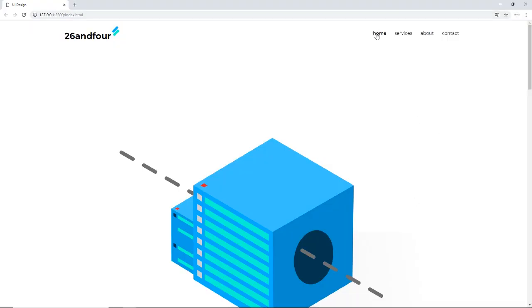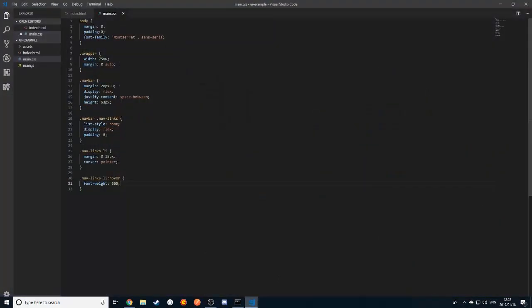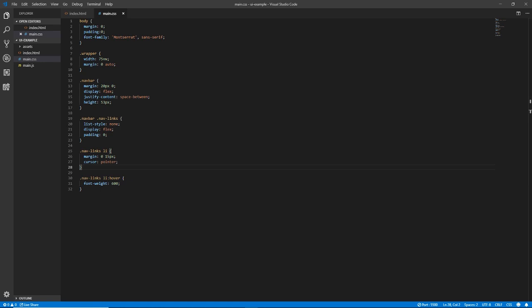If we hover now, you can see it goes a little bit heavier, and that, to me, feels a bit more intuitive for a nav bar. Okay, so next up, I want to target the landing section, and this is where we use the